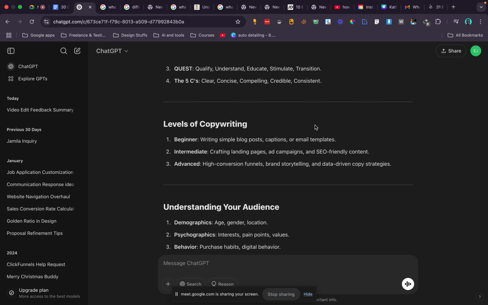And captions. When you go to Instagram, Facebook, there are captions on almost every post that a brand posts. So those bodies of text are called captions. They are attached to an image or a video or a reel or whatever it is they are trying to post or promote. So that is it. Now, the next level of copywriting goes a step higher. These three are just basics: blog posts, captions, or email templates.